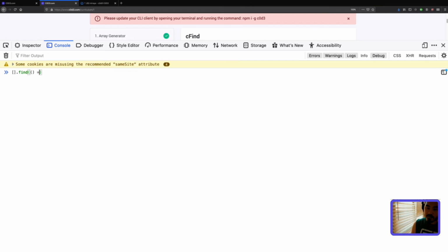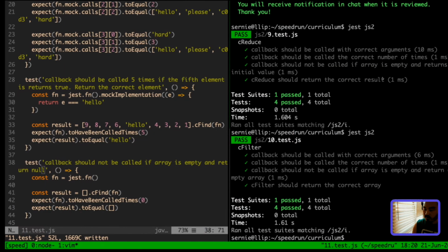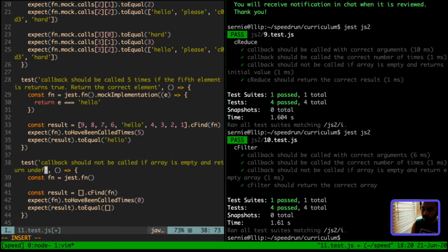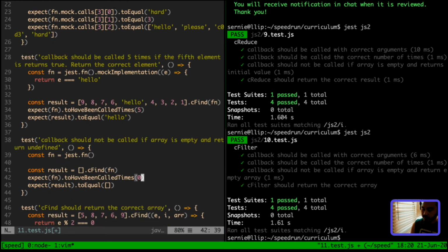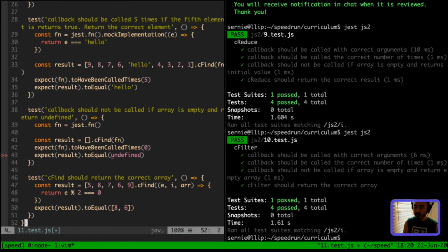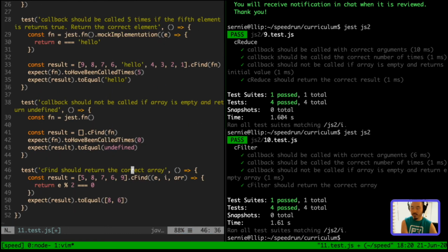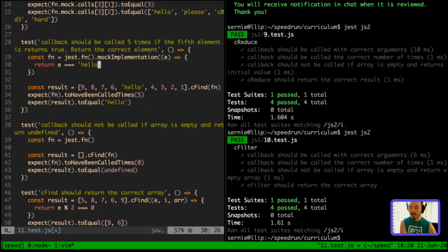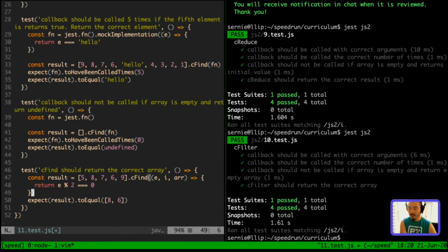So find by default returns undefined. So expect it to be called 0 times and result to equal undefined. And find should return the correct element. That's covered in this test right here. Expect result to equal the element. Find should return undefined